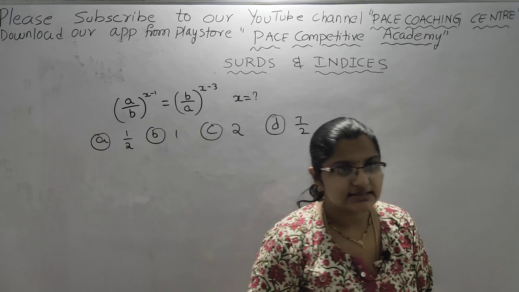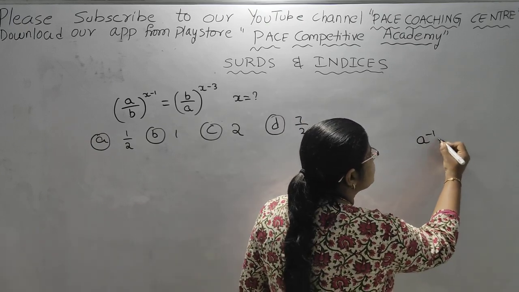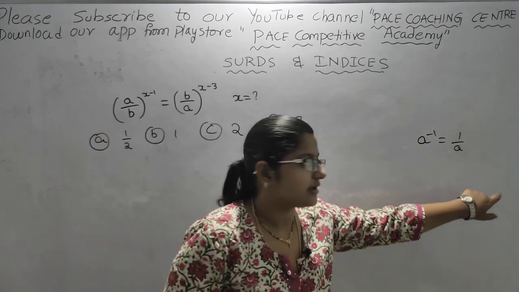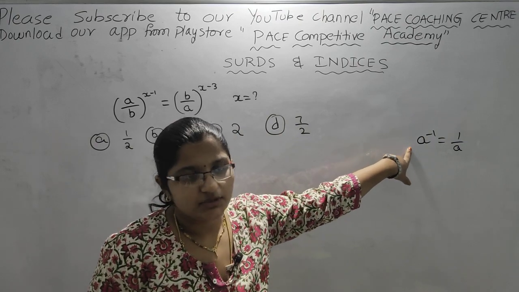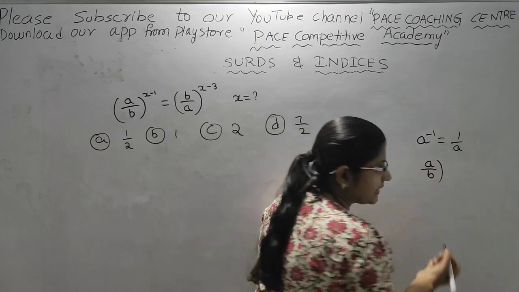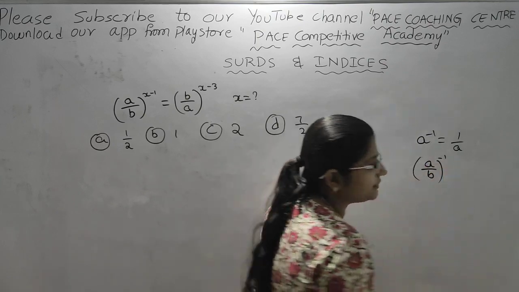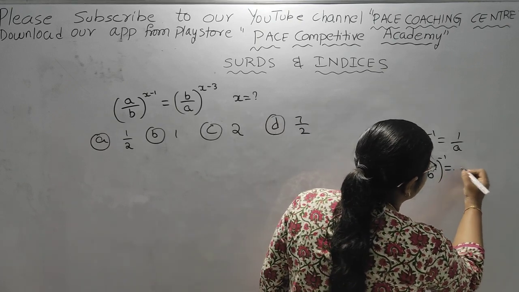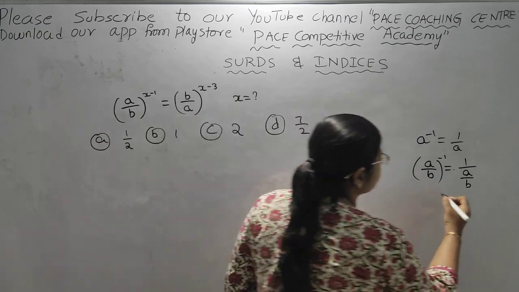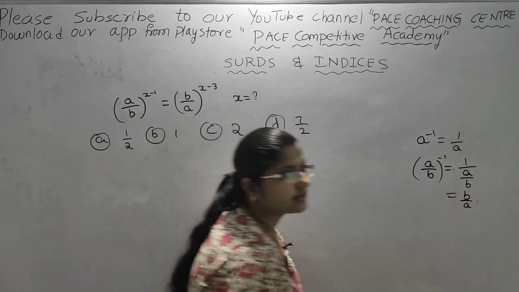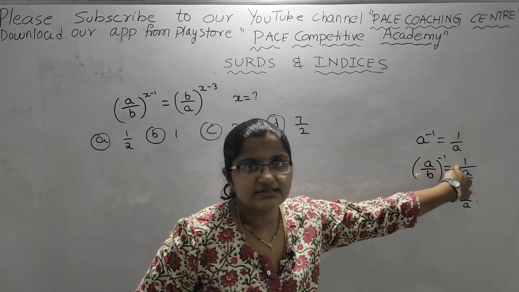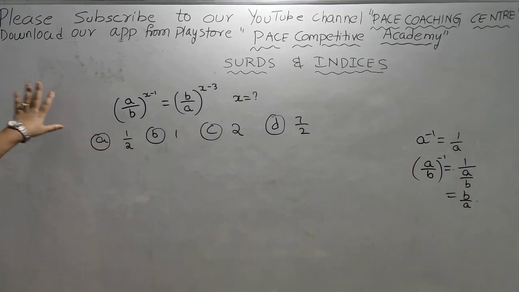So from the law of indices, I have already told A inverse is nothing but 1 by A. Right. A inverse can be written as 1 by A. So 1 by A can be written as A inverse, right? So let us take in terms of A, in place of A, I am taking A by B. So A by B whole inverse can be written as 1 by A by B. 1 by A by B is nothing but B by A, right? So, can we write B by A as A by B whole inverse? Right. So, the same thing we can do here.